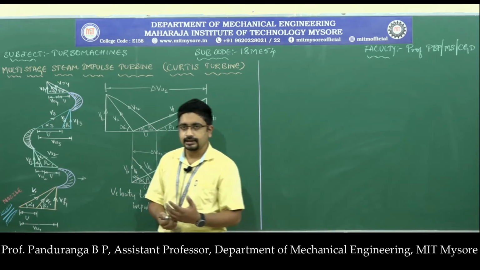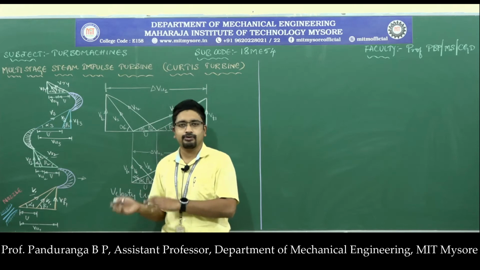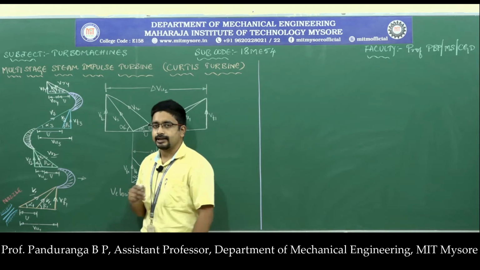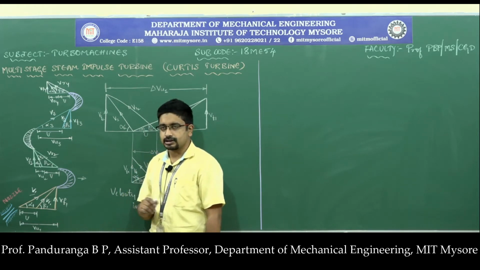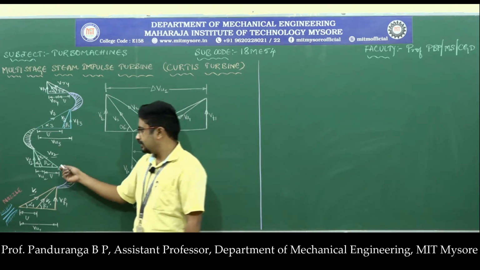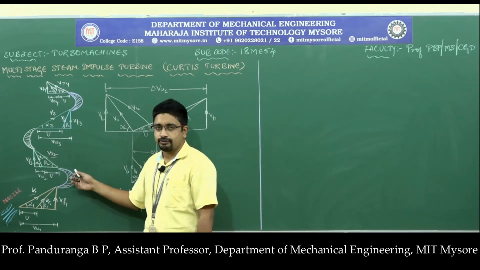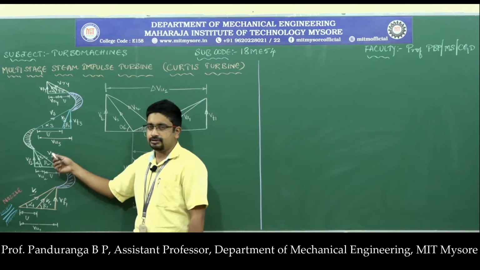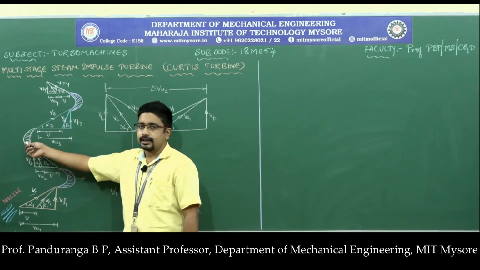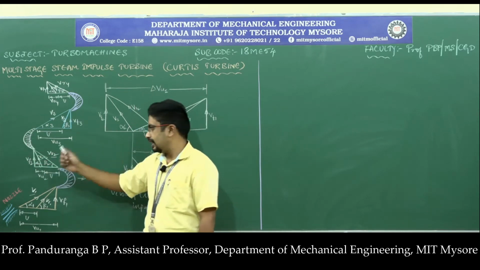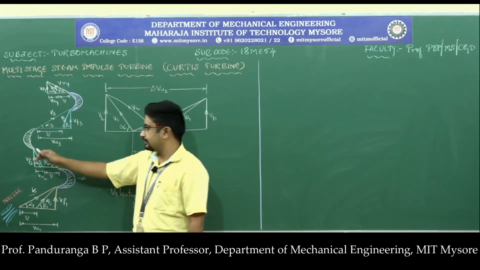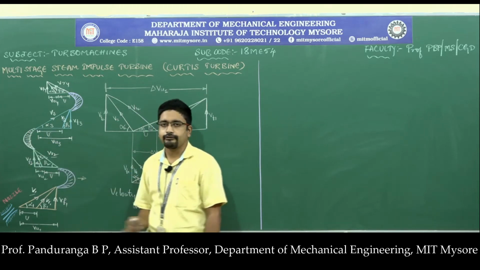So because of that, there will be relative velocity between the moving blade and the steam. Since we have relative velocity, that is the major velocity which needs to be considered when we are dealing with moving blades. Steam leaves the first row of moving blade with relative velocity Vr2 and absolute velocity V2. Alpha 2 is the inlet angle and beta 2 is the outlet angle of the moving blade. So alpha 2 is the inlet blade angle of the fixed blade.